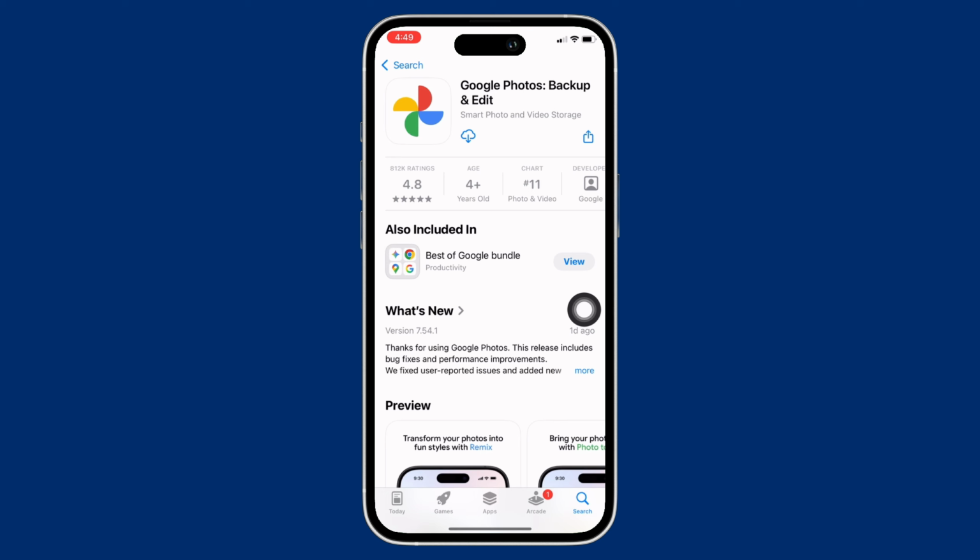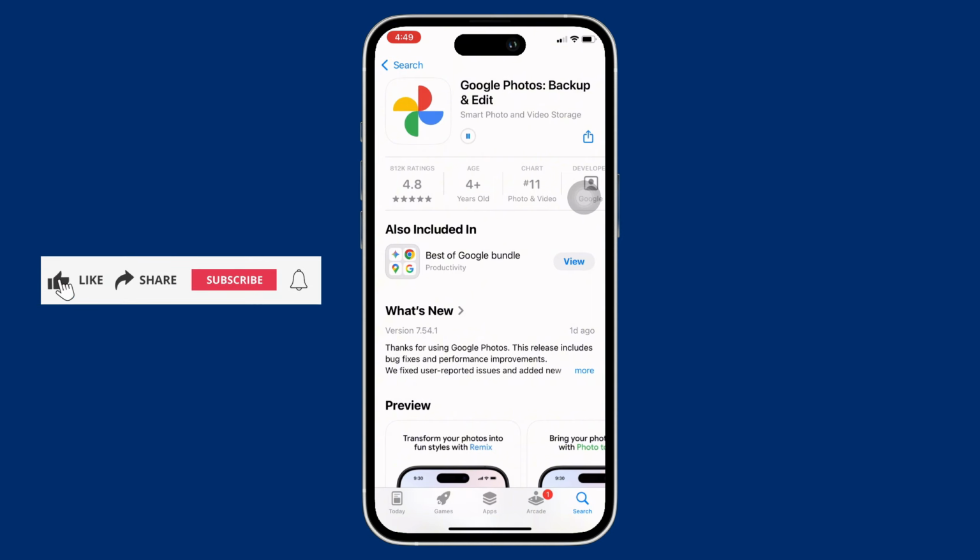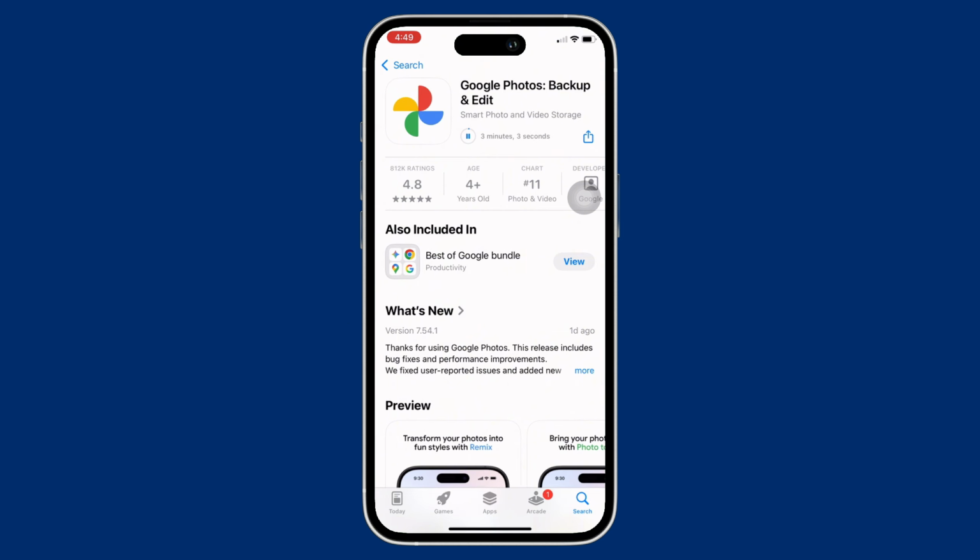application, you will see the download button with little cloud-like icon. So tap on that for the download to begin, and if you have not downloaded the application previously, then you will see the Get button. So go ahead and tap on the Get button and enter your Face ID or Apple ID password for the download to begin. Wait for the download to complete, and once completed, tap on the Open option you see there,